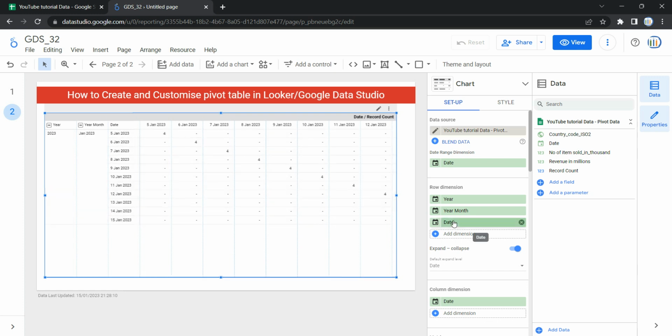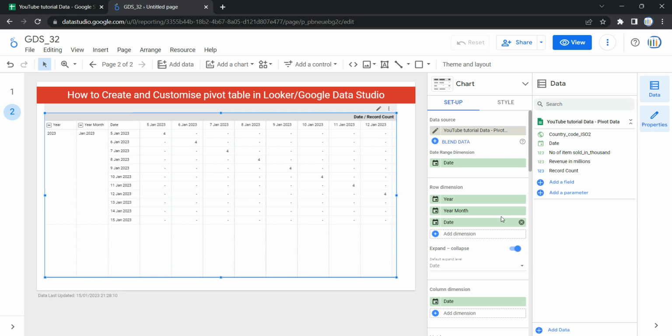As we have only data for like 15 days or 10 days in this January 2023, we do not need this hierarchy. But you need to understand about this expand and collapse option that the order in which you list the columns over here as a dimension within the hierarchy matters. And as a rule of thumb, you should define hierarchy to always go from most general to the most specific. For example, you can define a geographic hierarchy such as continent, subcontinent, country, state, city, and district, and it could